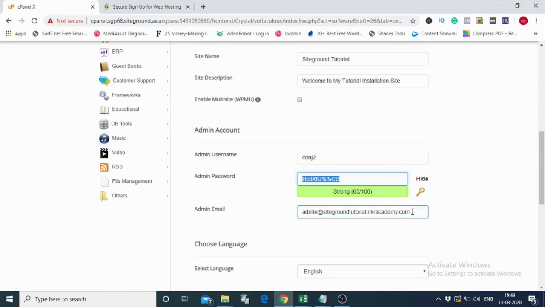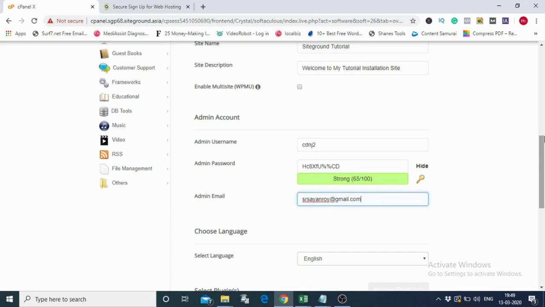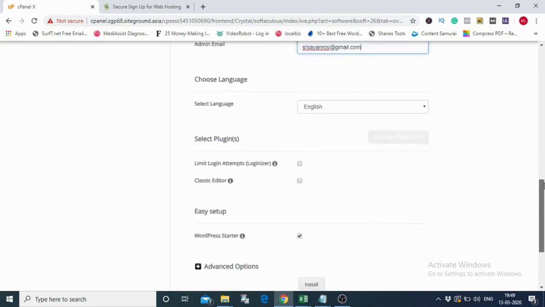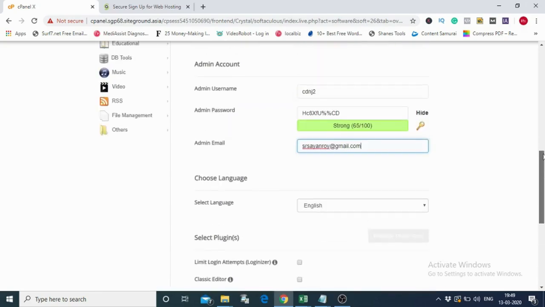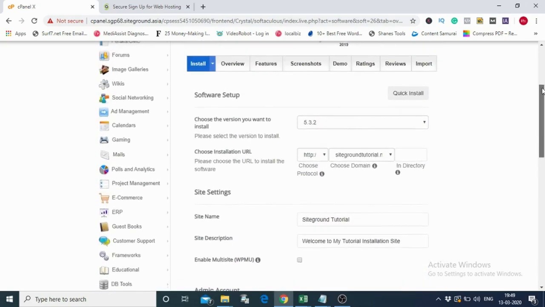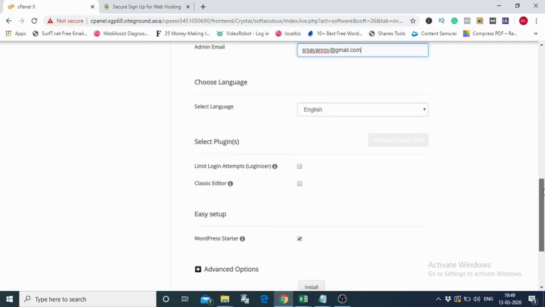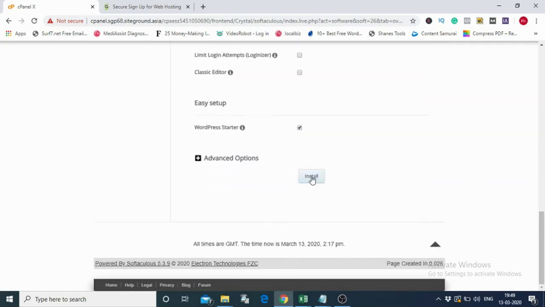Okay, and here is the mail at which it will come if any notifications are there, like anyone new signs up or anything like that happens. Whatever notification you will have will be on this email account. So make sure that this email account is accessible to you. Okay, and once these are set, you can just click on the install button,